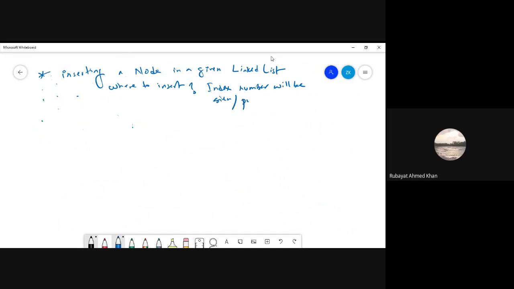Or the position will be given. Now the first question that arises is, in a linked list, how can there be index numbers? For example, this is a given linked list. If I say insert